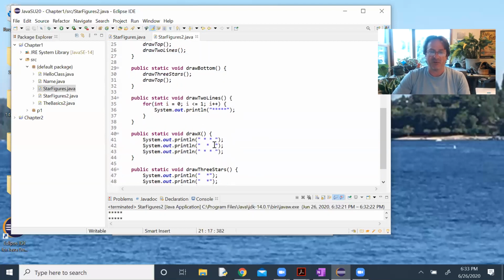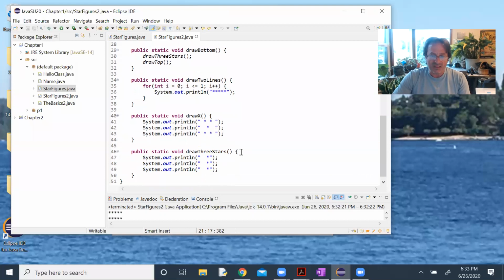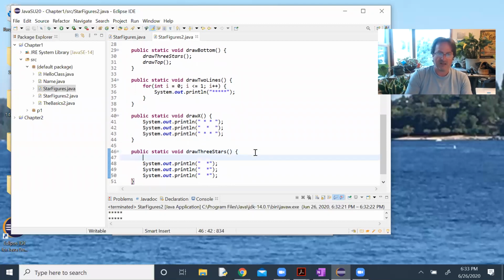Okay, so now I have one more loop here in 3 stars. And now we're going to say for open parenthesis. Again, I'm going to go integer I, because even though I used I already, it was a different place. And again, I'm just using this temporarily. This I is only going to be valid inside this loop. And then once we leave that loop, the I goes away. So for integer I equals 0,